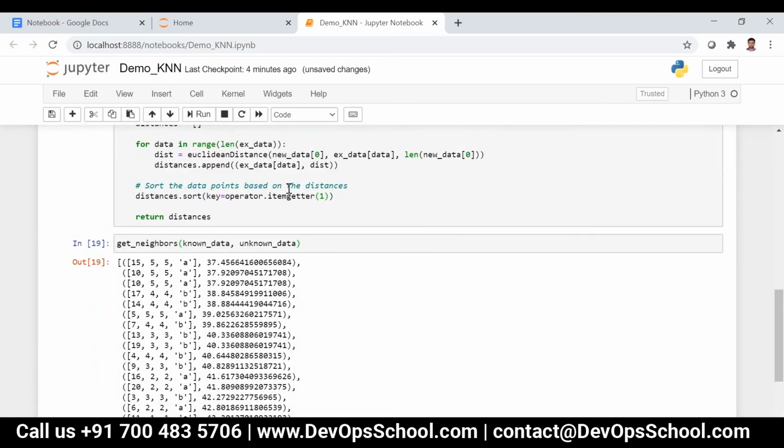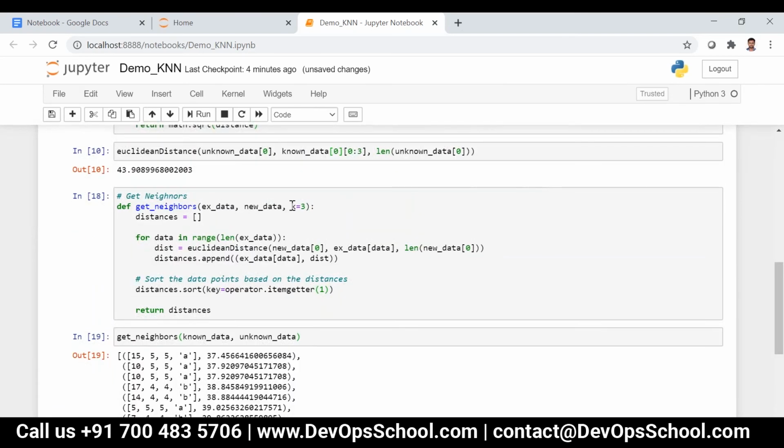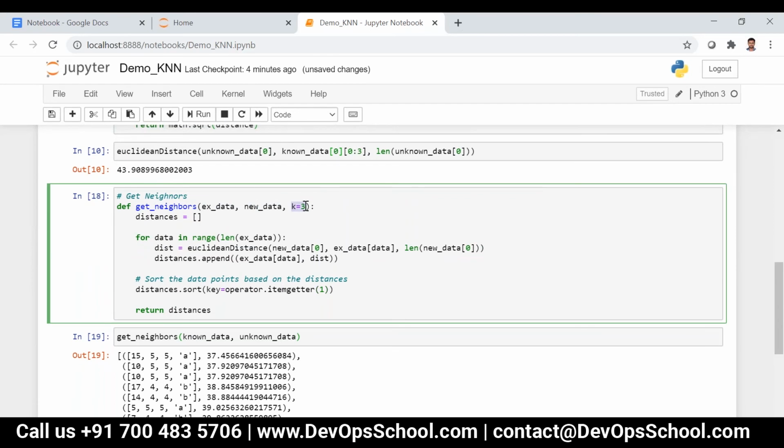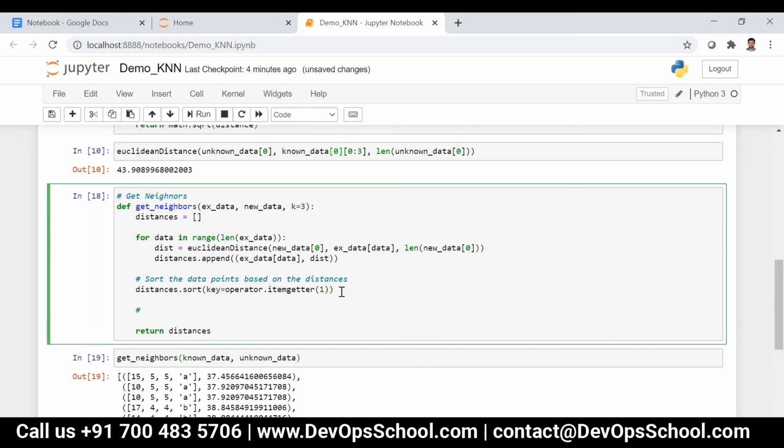So now what we have to do in this case is take the top 3 neighbors, the 3 nearest neighbors. So how can we retrieve the top 3 neighbors? I can say get top k neighbors.